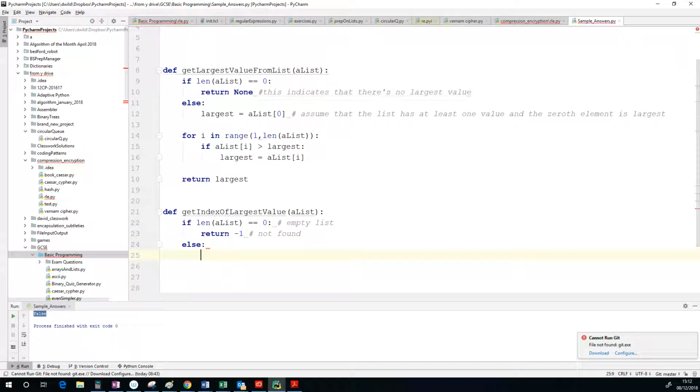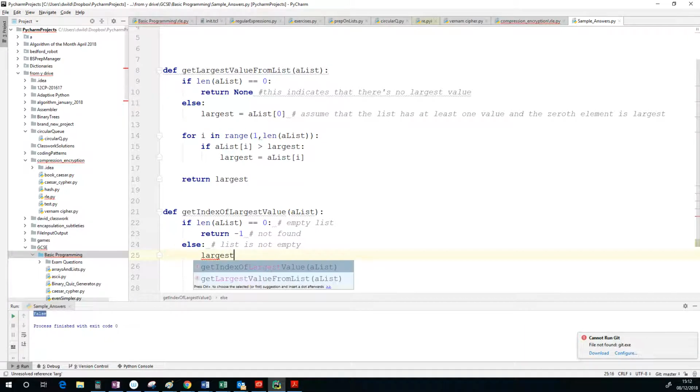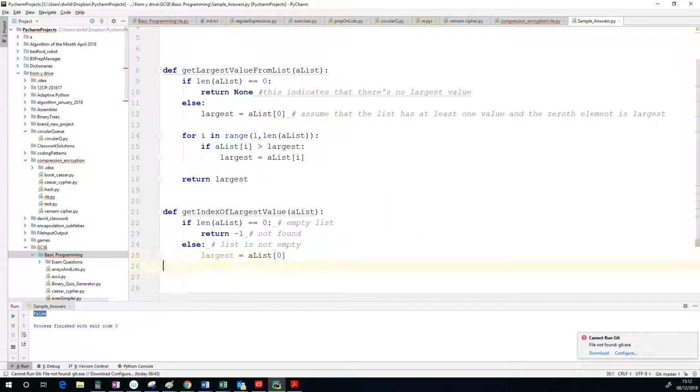Else, now this is assuming that the list is not empty. So we could just put a comment in, list is not empty. We're going to go through each value and work out which is the largest. So we're going to start off by looking at what our largest is at the moment. So our largest value is going to be the first one in the list, or the 0th one, should we say. So a_list[0]. And now we're going to go through all the other items, starting at 1. So we're going to go for i in range from 1 to the length of the list,